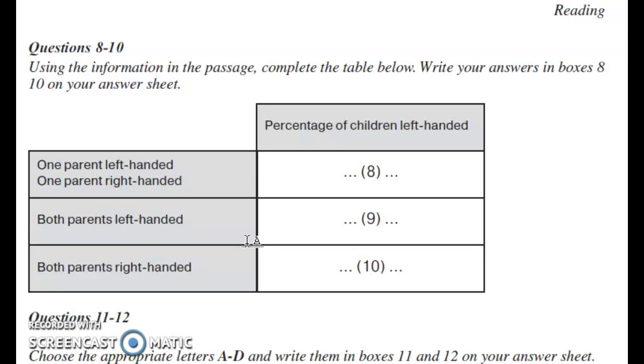We have to find out the percentage of children left-handed if one parent is left-handed and one parent is right-handed, if both parents are left-handed, and if both parents are right-handed. So for this,